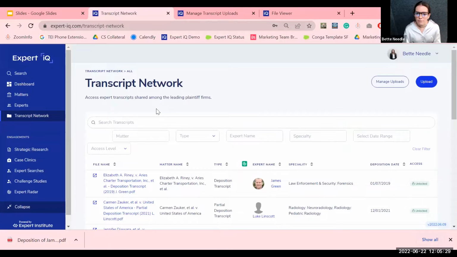So you'll see the Transcript Network is located on the left-hand navigation menu in Expert IQ. Each of you should have access to Expert IQ. If you don't, you can reach out to your Customer Success Manager to go ahead and get you set up with a login. This is where all of the work that we've ever done for your firm is housed, including expert searches, strategic research, case clinic reviews with our in-house doctors, and the newest feature is our Transcript Network,